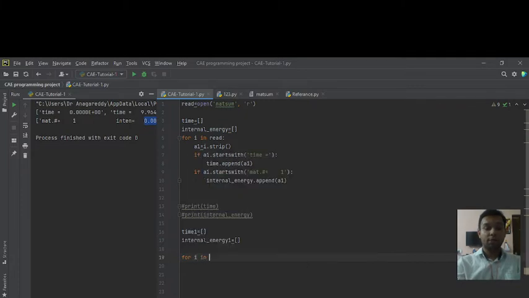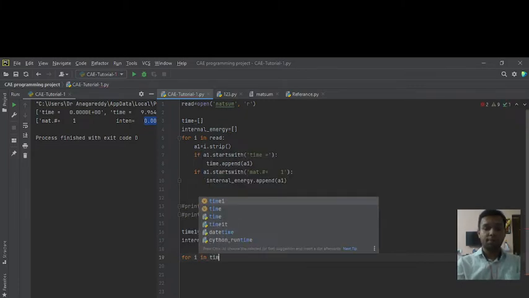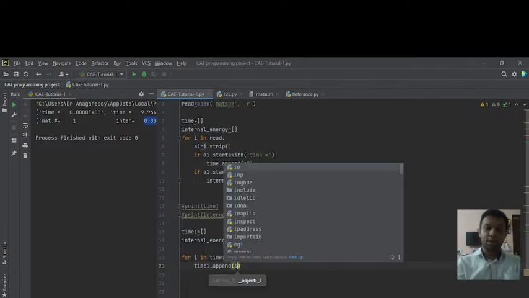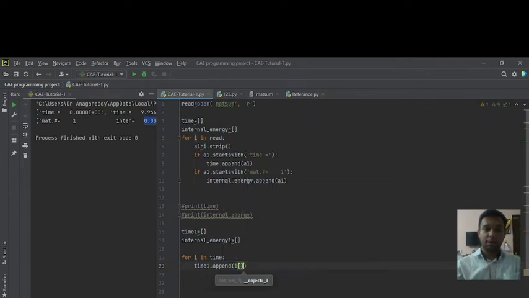For i in time, time1 dot append i in brackets.